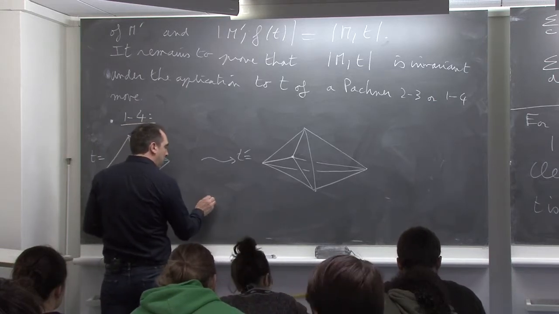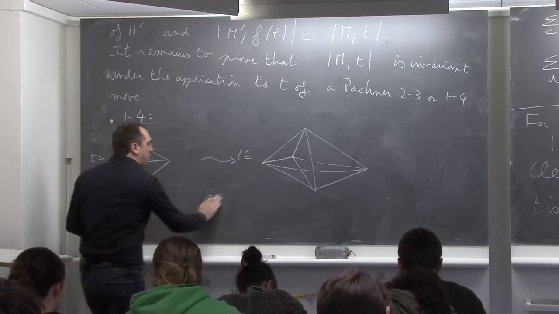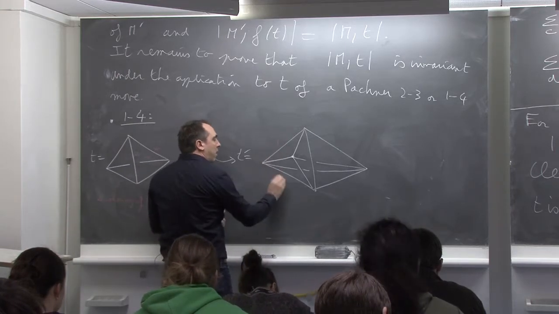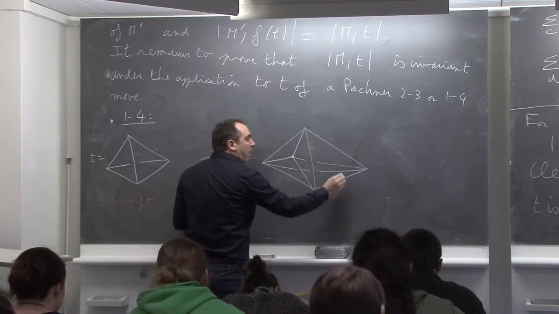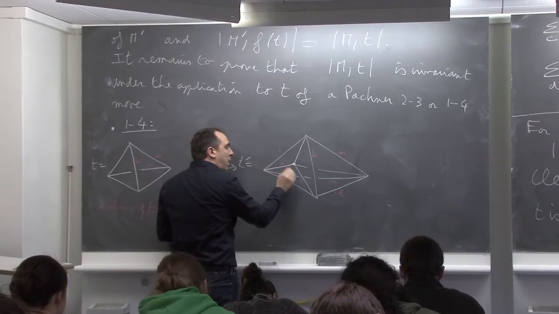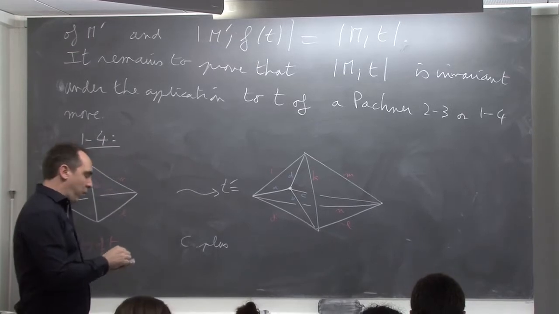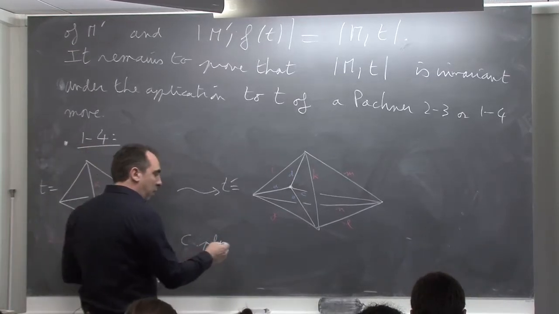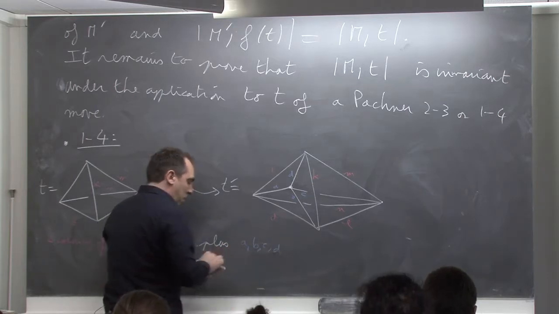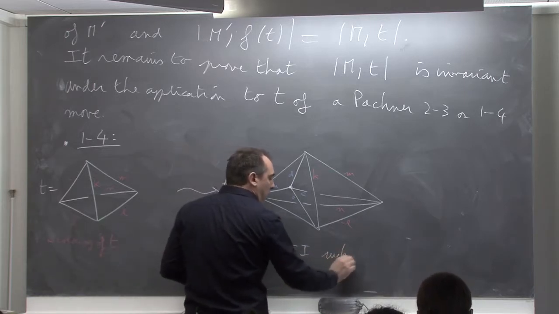So C plus, here you have I, G, K, L, M, N, and we add colors A, B, C, D, four elements A, B, C, D in our set such that